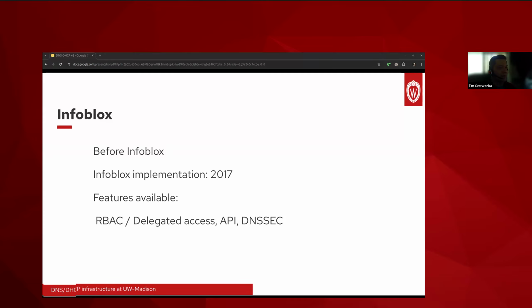Before Infoblox, campus ran ISC BIND and ISC DHCP to serve those requests. If you needed a change and you were using campus DNS or DHCP services, you emailed Hostmaster and you waited for that request to get serviced. Otherwise, if that didn't work and you were maybe a smaller department, you ran your own. Larger groups, other groups, would run their own DNS and DHCP services to take care of things themselves.